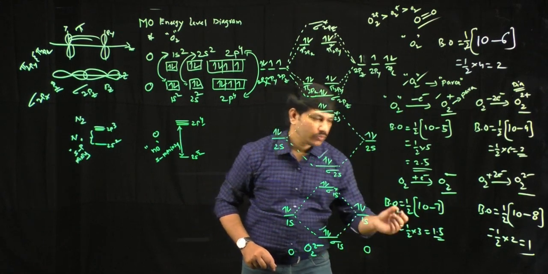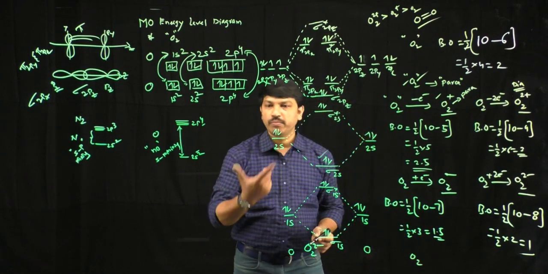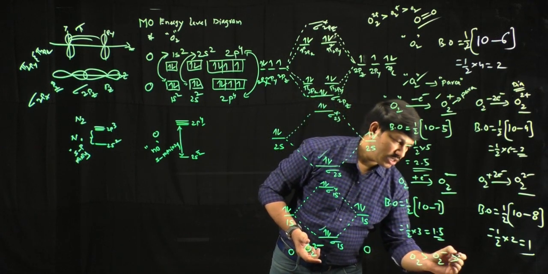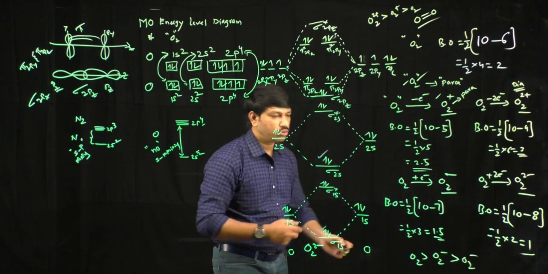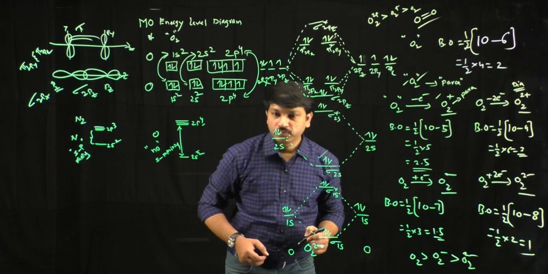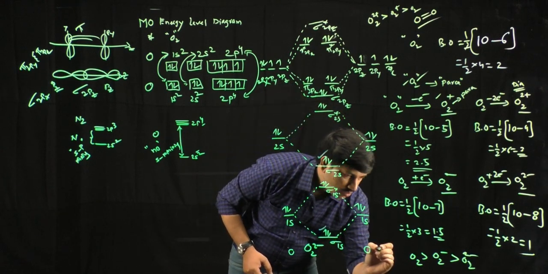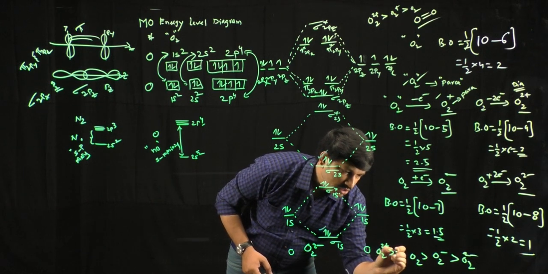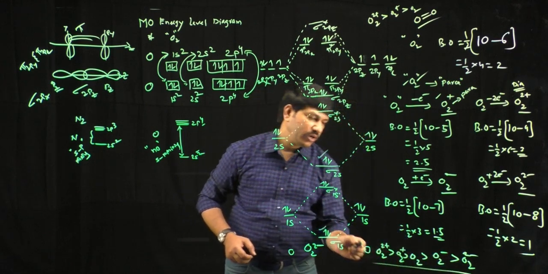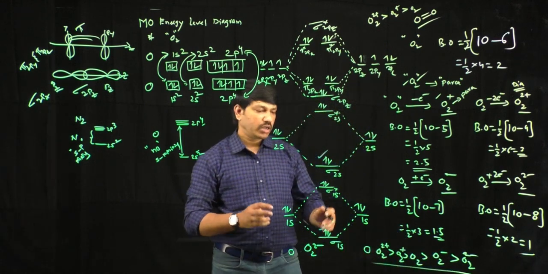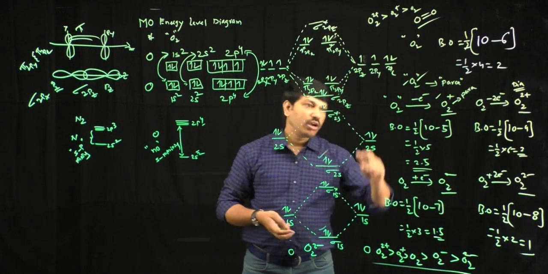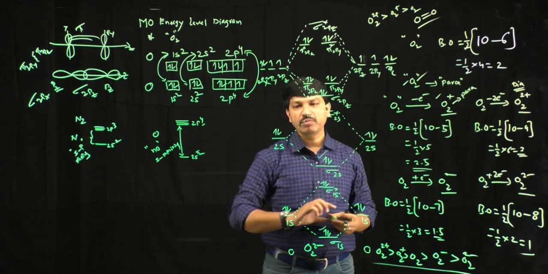So that means the O2 molecule has more bond strength compared to O2 minus, and O2 minus has more than O2 2 minus. And we know that O2 2 plus has greater bond strength, after that O2 plus, like this. So this is the trend for the various oxygen species and their corresponding bond strength values, and whether they are paramagnetic or diamagnetic in nature. All those things we can explain by using the MO diagram in this manner.